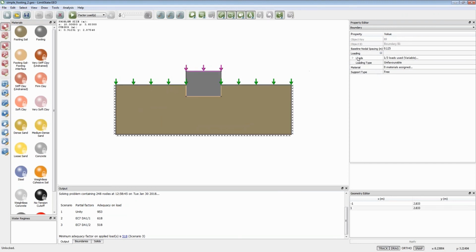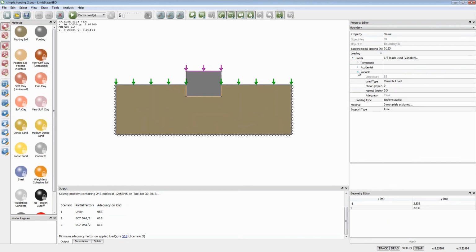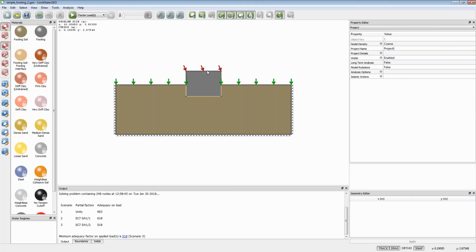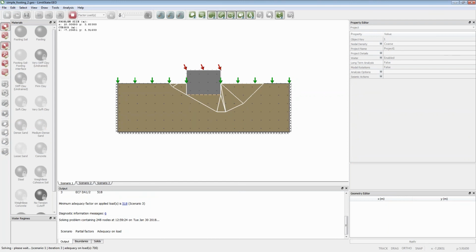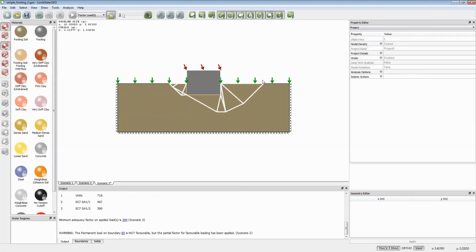Now we can also look at what would happen supposing that foundation has to take a lateral load. So currently it's got a normal load of 1/2. I'm going to add in a little lateral load or a shear load to the surface of 0.2. So now it's an inclined load. How does that affect the solution? So I click Solve. The mechanism changes. It sweeps to the right now. If I animate that, see it moving to the right. And the adequacy factor and load capacity has dropped to 390 from around 500, so it's a much more significant